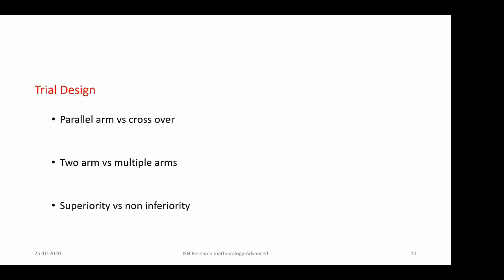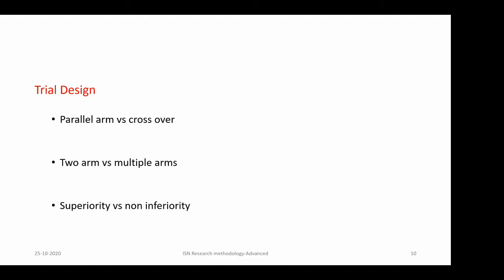Now, coming to the trial design, we know very obviously that a crossover design is not possible. A crossover design is suited for drugs with very limited action. So here, what we are going to do is see whether the drug is going to offer some renal protection. So obviously a crossover design is not going to be the choice. It's going to be a parallel arm design. And how many arms will be there? We will have one arm with the drug XYZ and another arm which is receiving standard of care treatment.